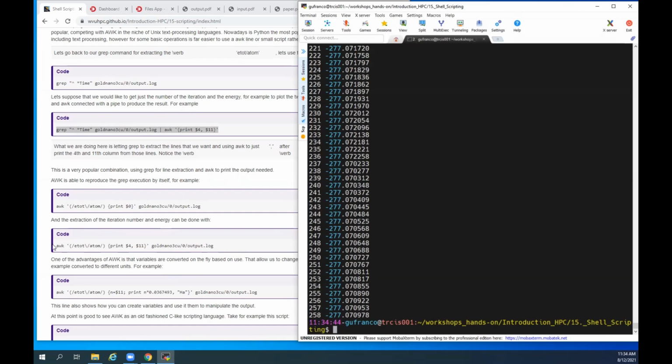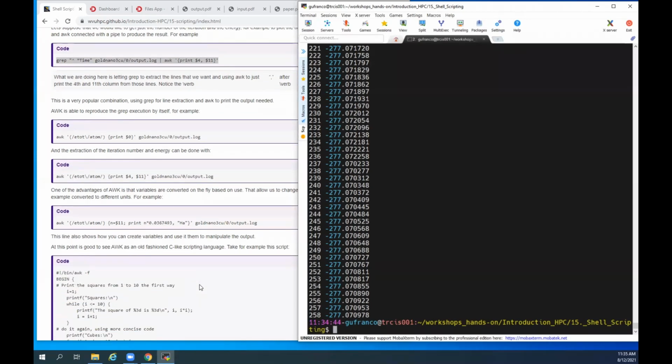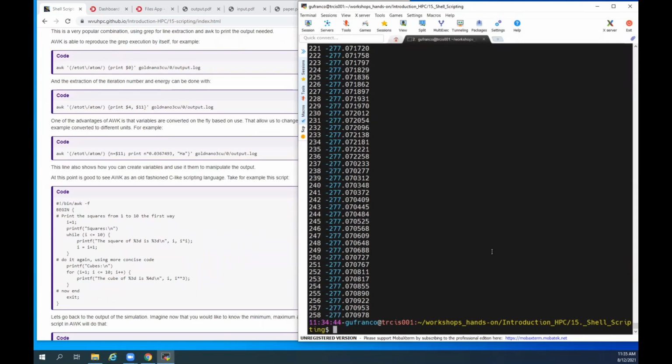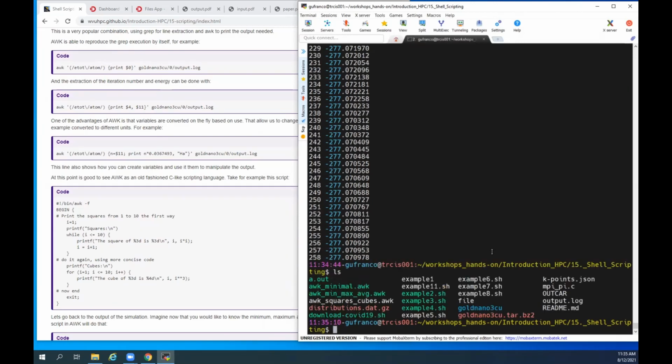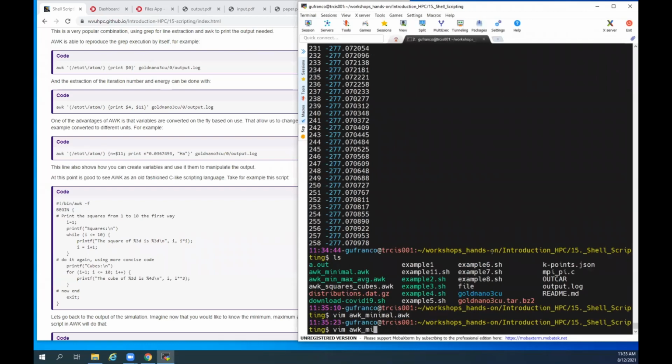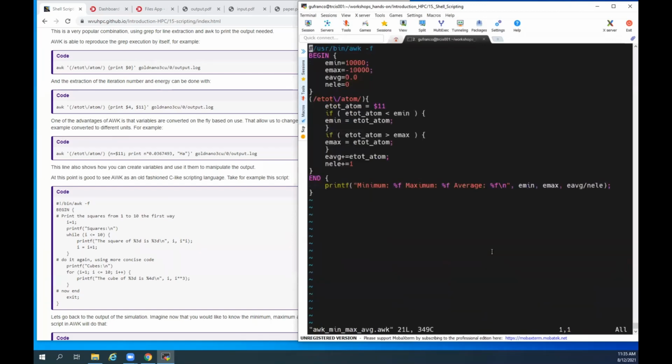And now I would like to extract the values of those 4 columns and put that into a script. So this is the script in awk. You can see this. Now this one is an example with minimal thing. I think it's this one: mean, max, and average. Yes. The same thing that we did before in one line, you can convert those things into